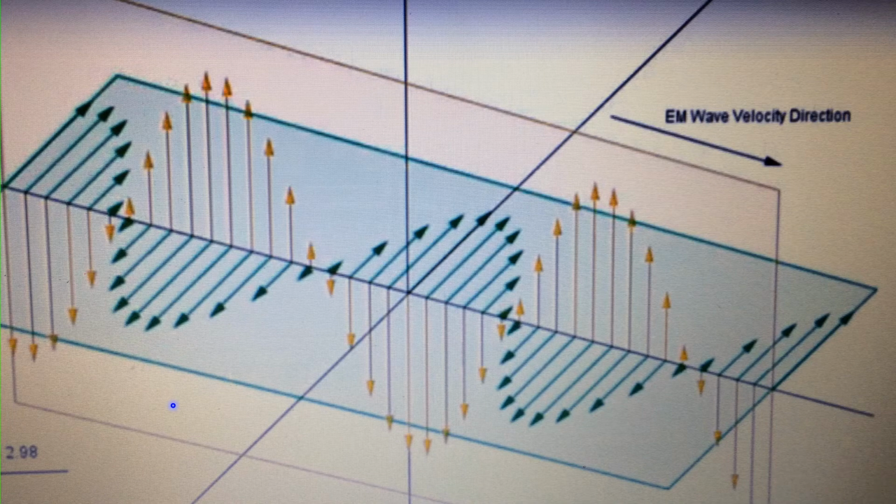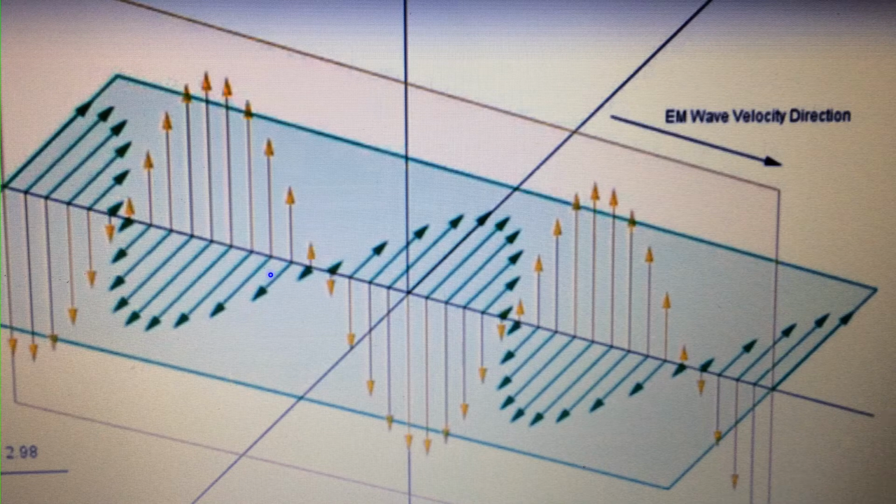So see the electromagnetic wave in this also. Here yellow lines indicate the variation of electric field, and the green arrows indicate the variation of magnetic field. So both arrows change perpendicular to one another, and the wave moves perpendicular to both of them like this. So this is the direction of the wave motion.